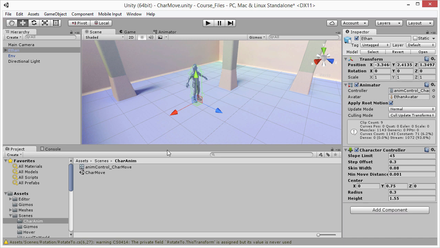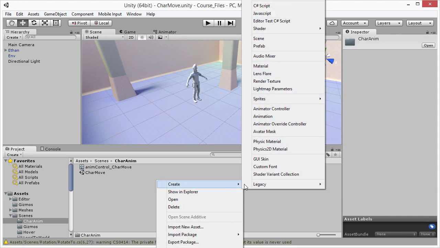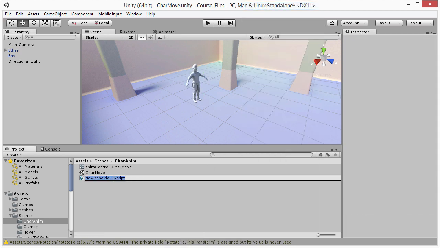So right now you can see in the project panel we have our animation controller. This has been assigned to the controller field of the animator component when I select the Ethan character here in the scene. What I want to do is to now create a completely new script file. So I'm going to come down here to the project panel, right click and choose create, and then choose C# script from the context menu. I'm going to name this script CharController and press enter on the keyboard to create a completely new script